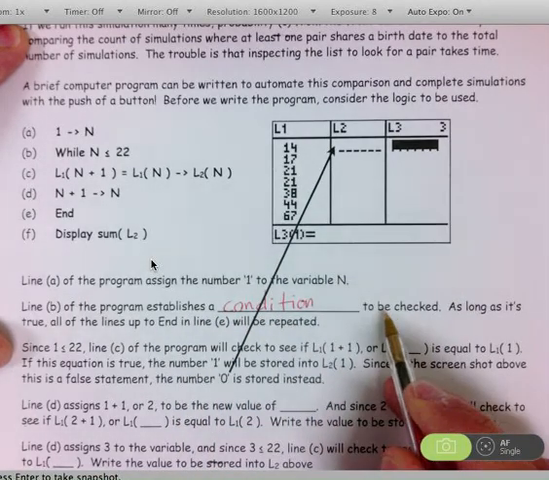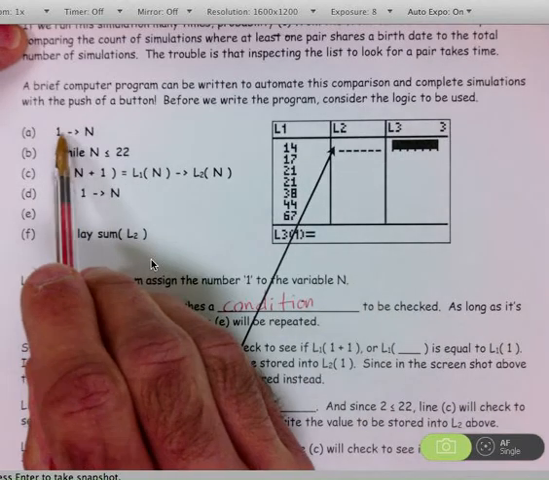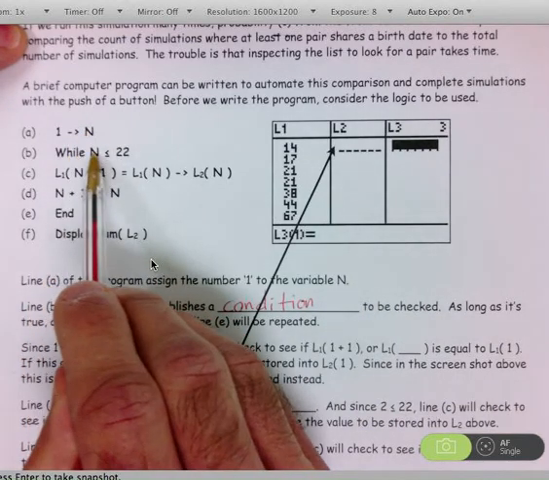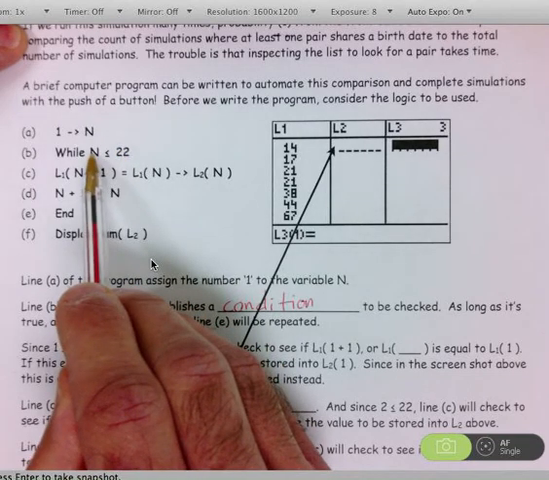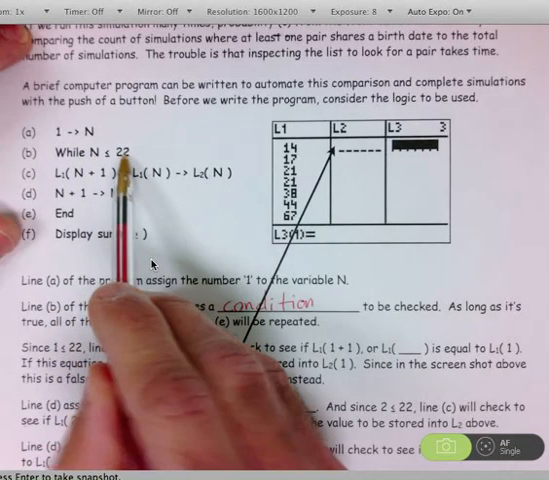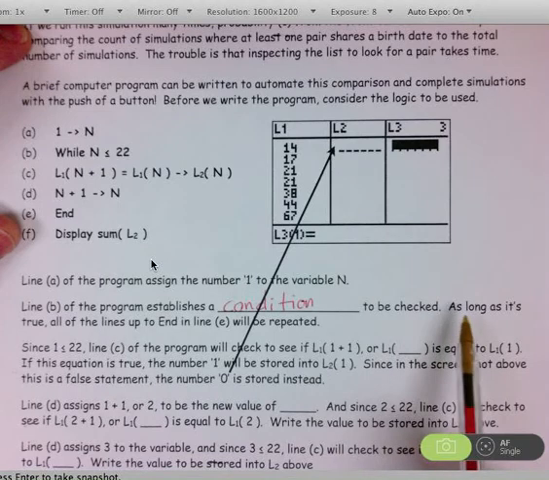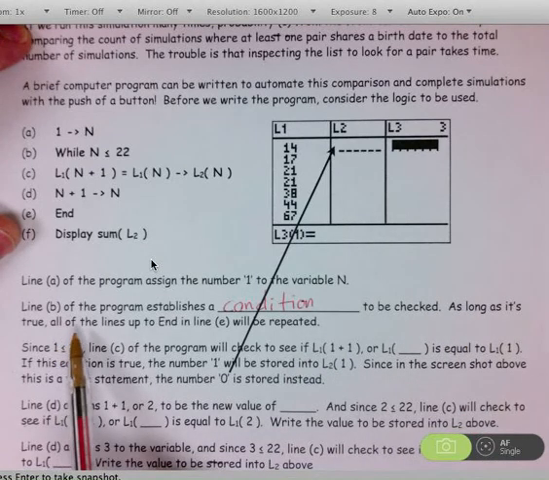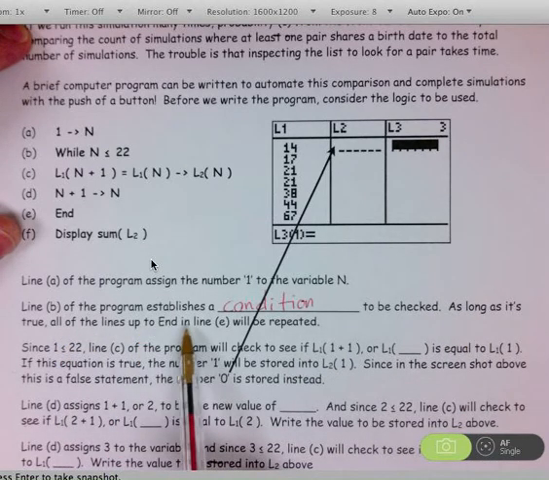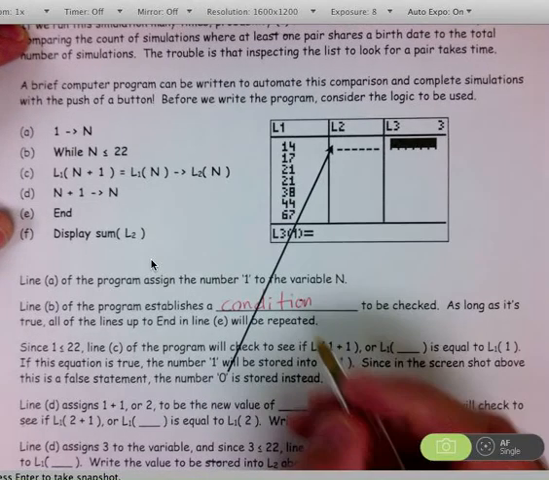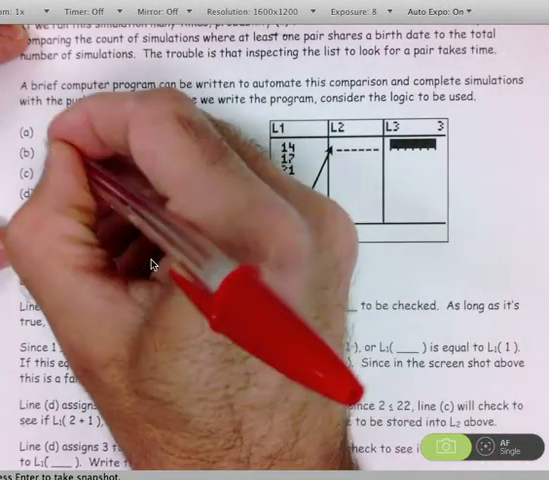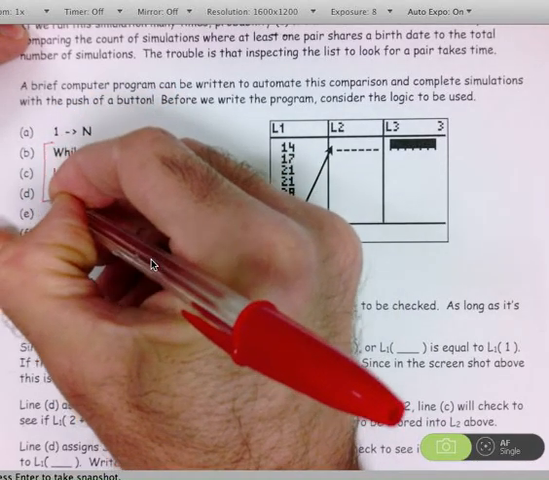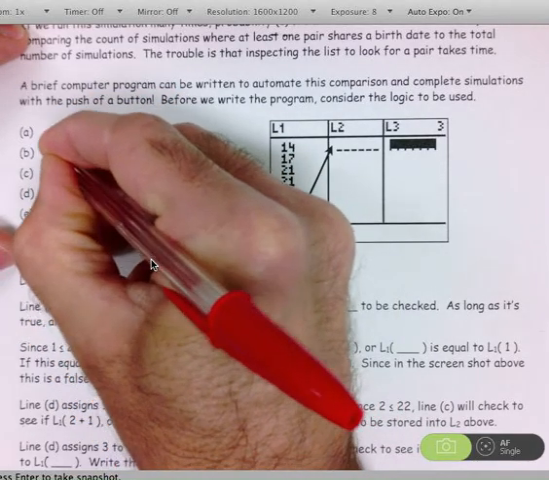A condition that we're going to check. Now notice n is 1, while the value of n is less than or equal to 22. So right now n is 1. 1 is certainly less than or equal to 22. So as long as that condition is true, all of the lines up to end in line E will be repeated. So as long as this condition is true, these 3 lines of the program are going to be repeated